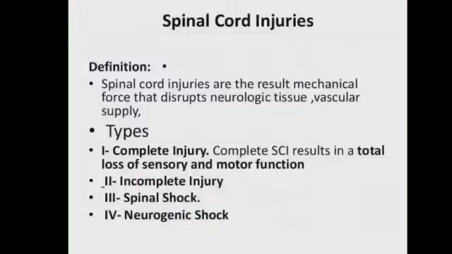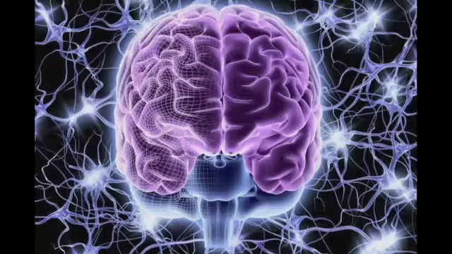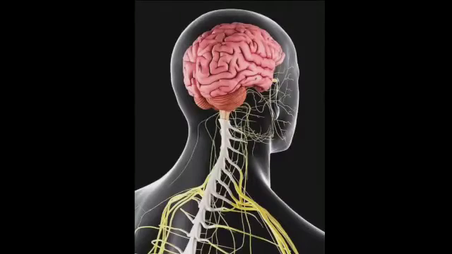Everyone, now we are going to see about these functional expectations of spinal cord injury. Step by step, we can see the spinal cord injury and its functional expectations before the treatment protocols. Spinal cord injuries are the result of mechanical force that disturbs neurological tissue and vascular supply. And a spinal cord injury can block communication between the brain and the body, which affects a person's sensory, motor